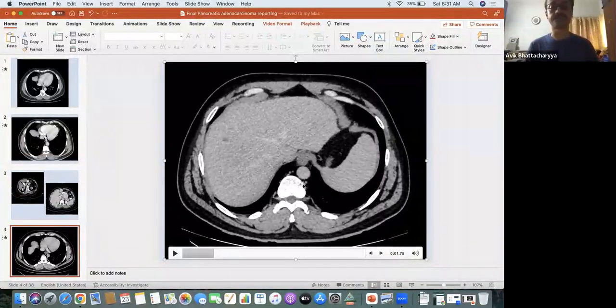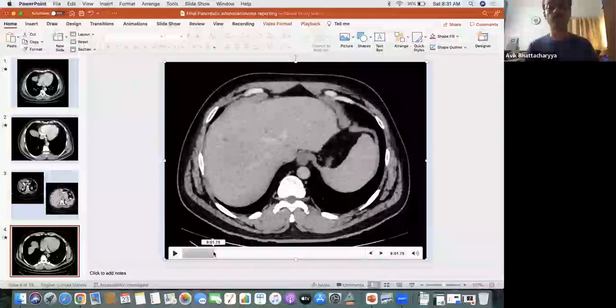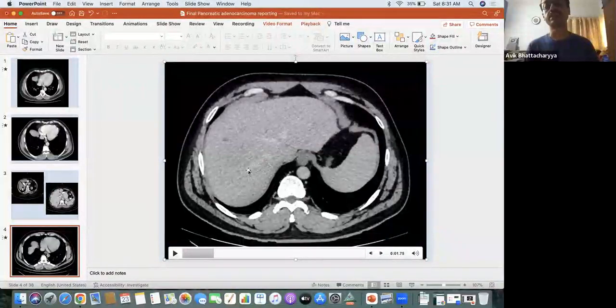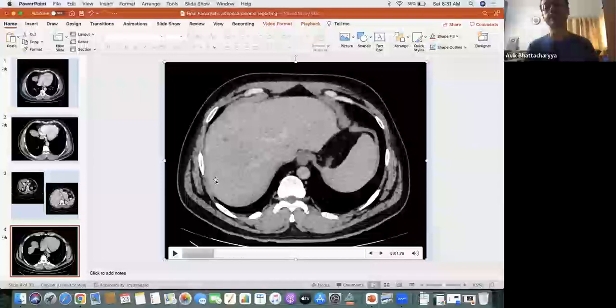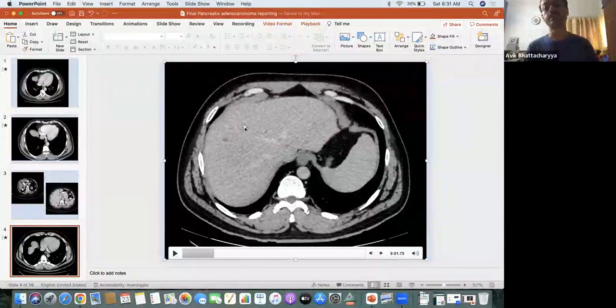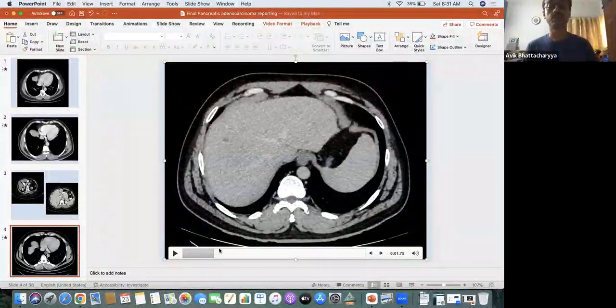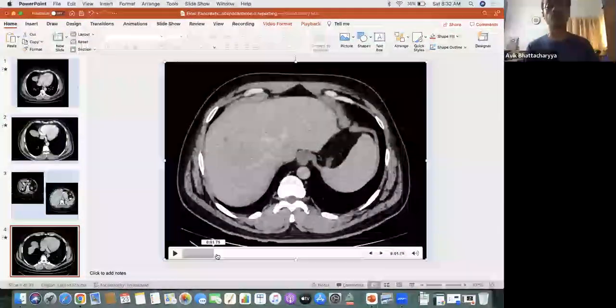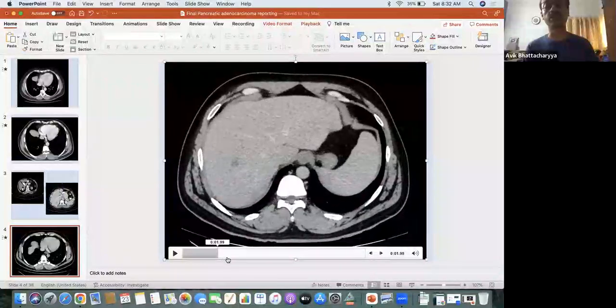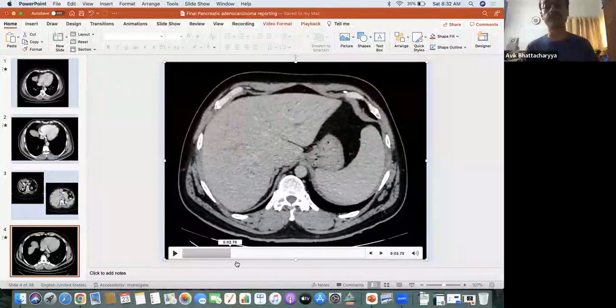Although it is a hepatic venous study, here we can see this is the right hepatic vein, this is the middle hepatic vein, this is the left hepatic vein, very faintly seen. So this area is representing segment 8. This area is segment 7. This is 4A and this is 2 of the liver. That's the way we differentiate different lobes, and we can see in all the lobes there are hypodense lesions,